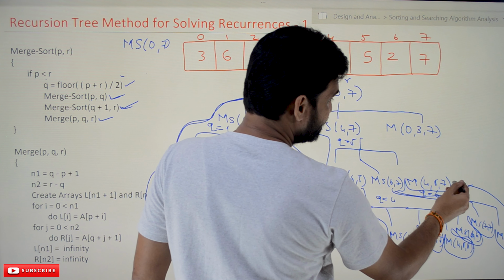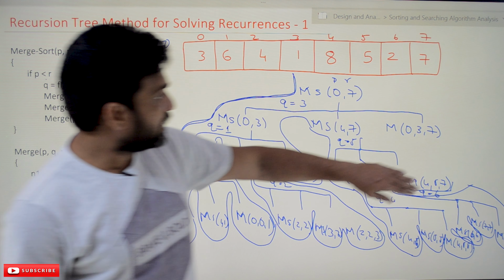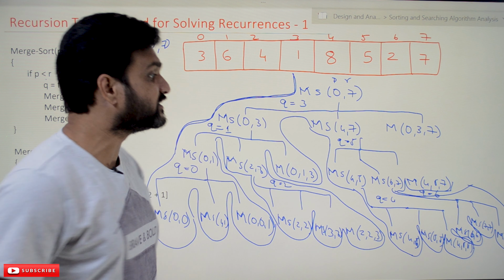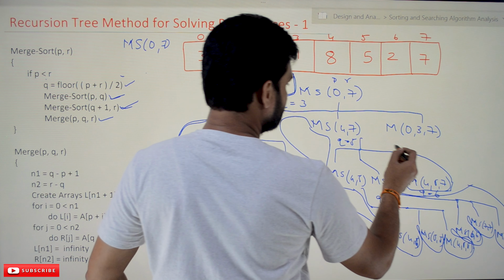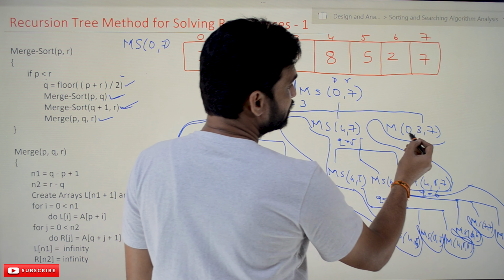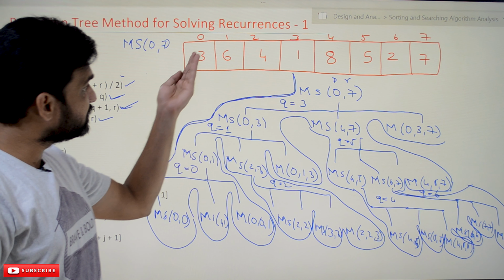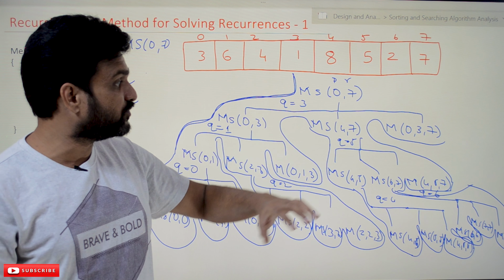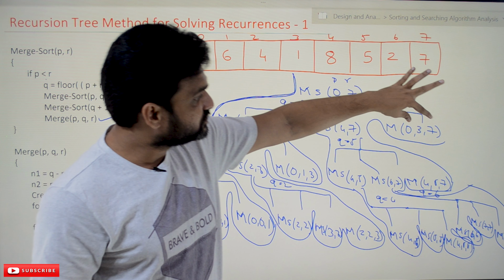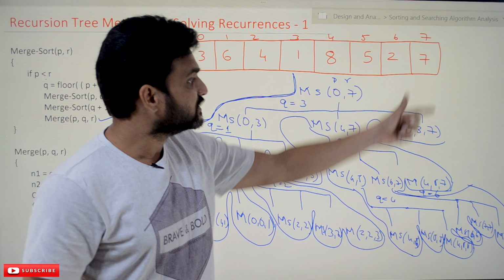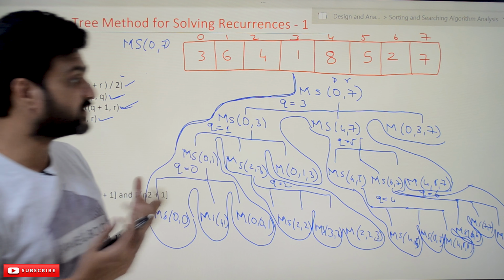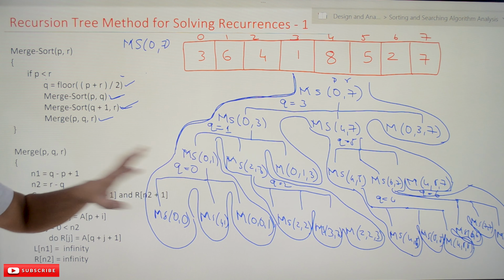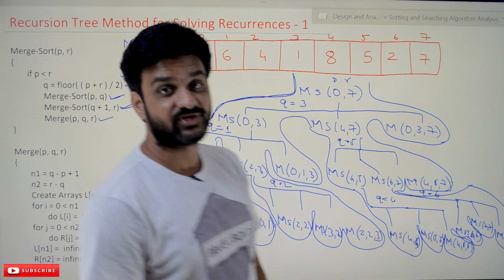So at this point this entire part will become sorted. So the other half of the array will get sorted. And the next function call is this one, merge of 0 comma 3 comma 7. So at this point this one will be in the sorted order and this one will be in the sorted order. Now both these arrays will come under this merge of 0 comma 3 comma 7, 0 to 7. Now the entire array will get sorted. Okay, so now at last it is going to be this one. This is how the recursive tree can be generated.